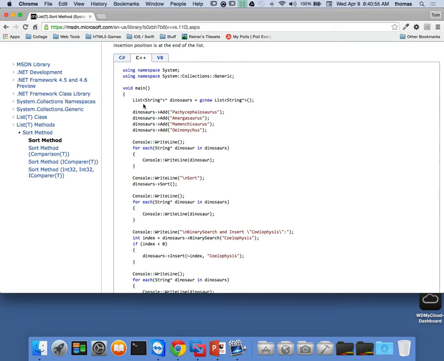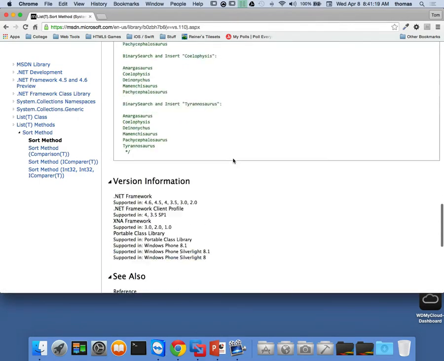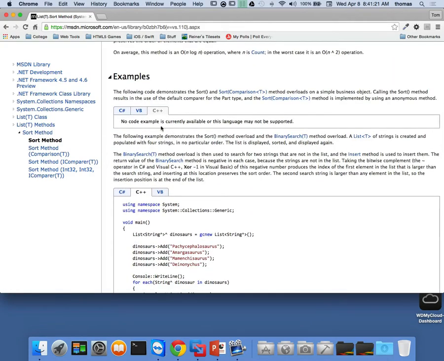for example, this is an example of a list, a string list. Now, there's a couple of other tokens here. One of them is called dinosaurs. Here's dinosaurs as an example, and it looks like we're looking at this generic. That's what we're forming here. If you notice, it says dinosaurs.Add. This is a kind of different way of doing things, and then we WriteLine. But what we're really looking for is how do I create